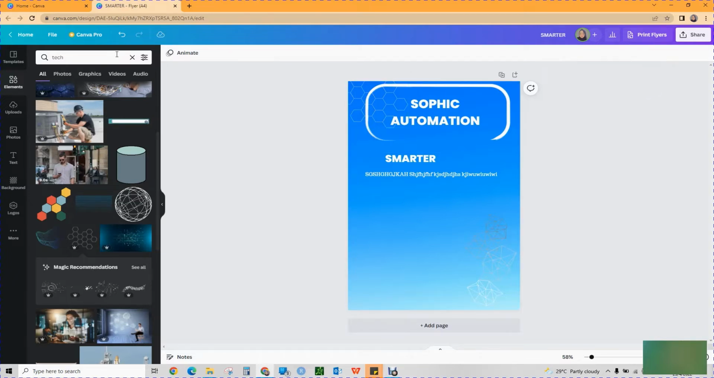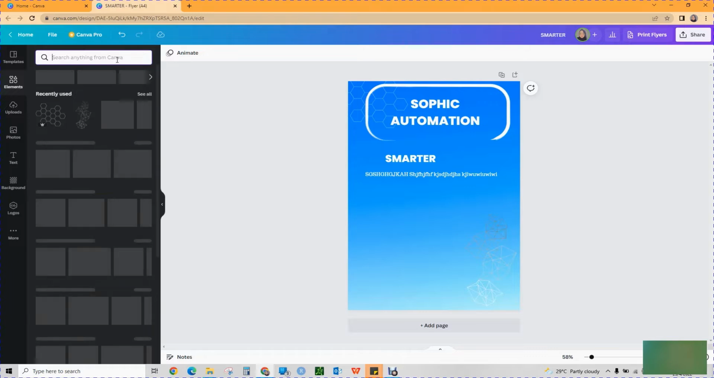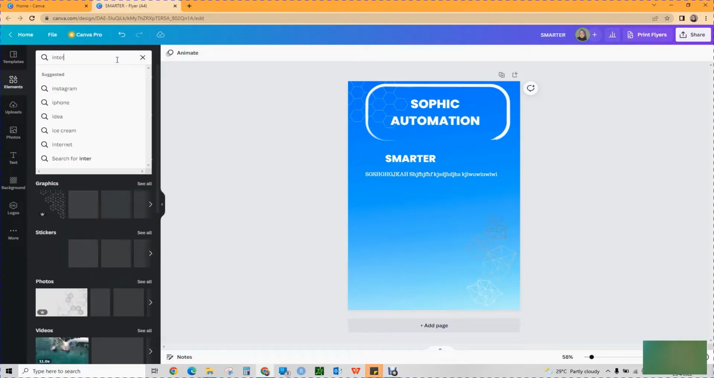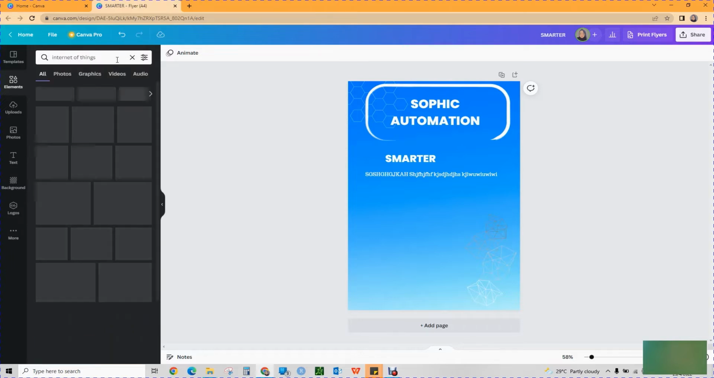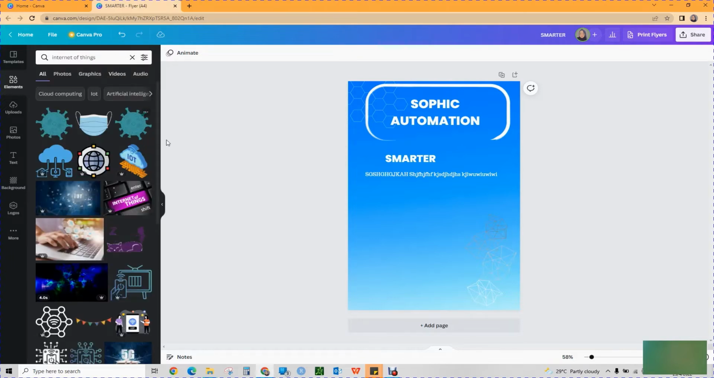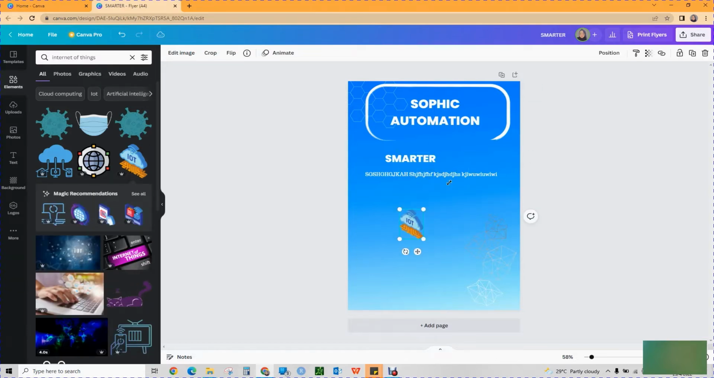So let's say we find Internet of Things. This is an example only. Okay, see, you can resize, then you can put it anywhere you want. Okay, and then for the logo, I will give you later, but if you want to upload the Sophie logo, you need to go to upload